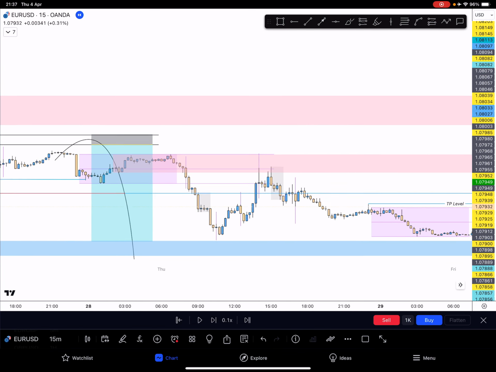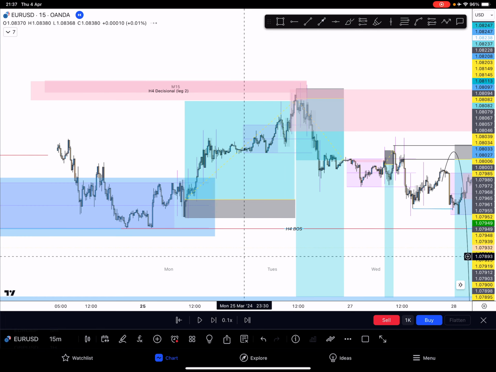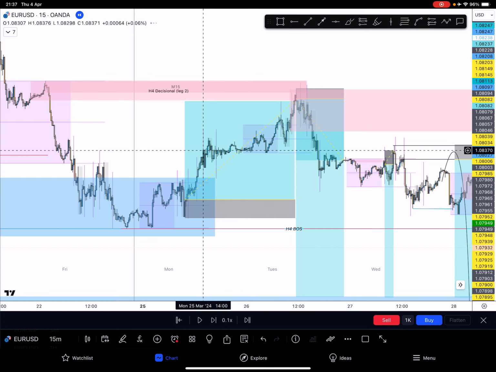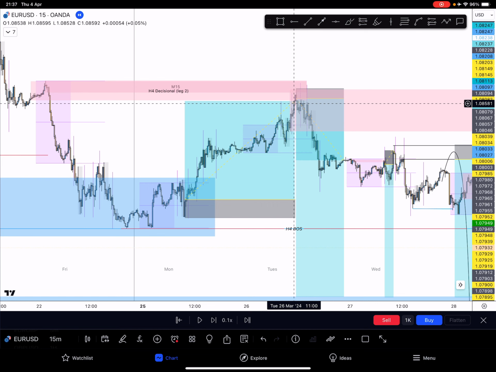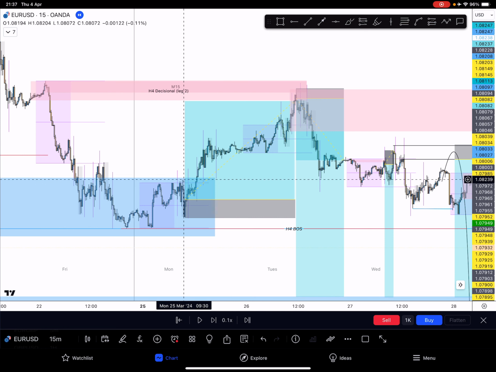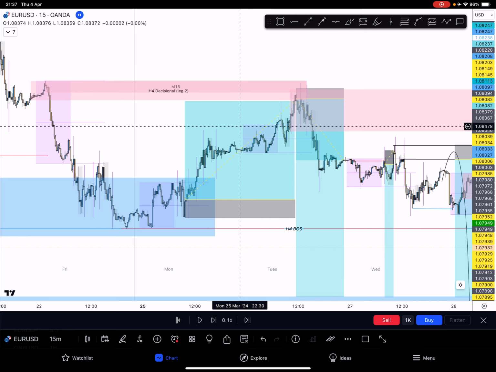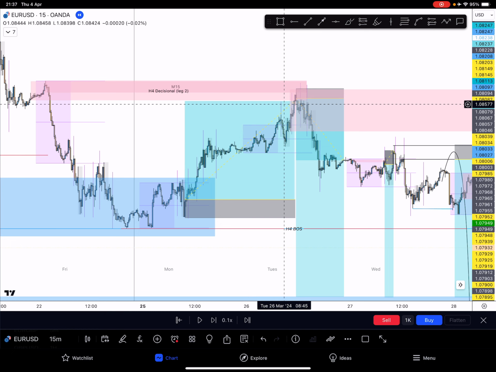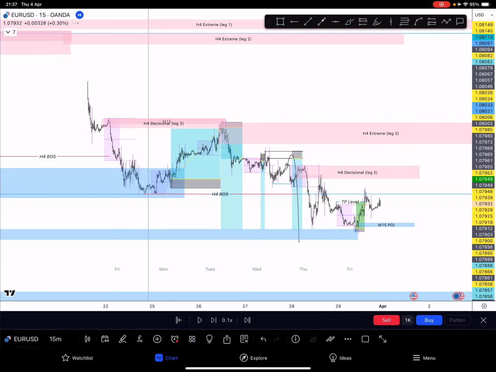So let's see what happened. Price came perfectly, this is Monday. We are going, but we actually reached target on Tuesday after Asia. It took us literally 24 hours to reach target, because this is 9 o'clock and this is also 9 o'clock in the morning, or 10 o'clock, let's say a little bit more than 24 hours. So when that happens, this is decisional. What do we know? We know that the trend is bearish.